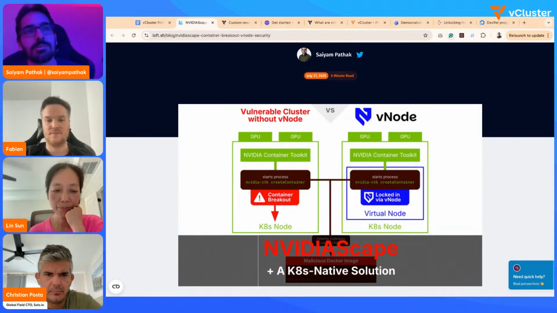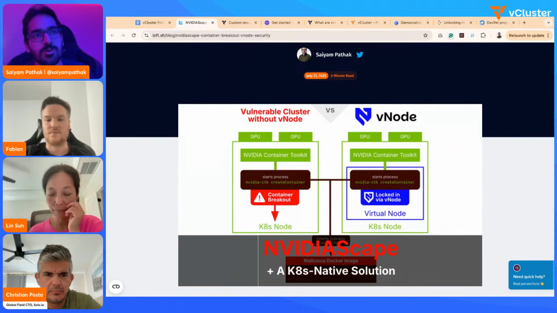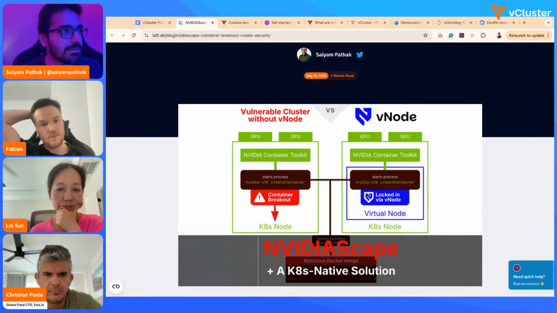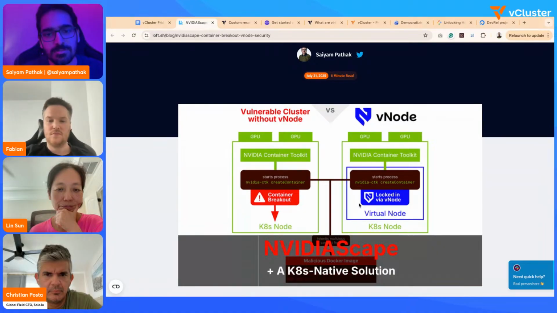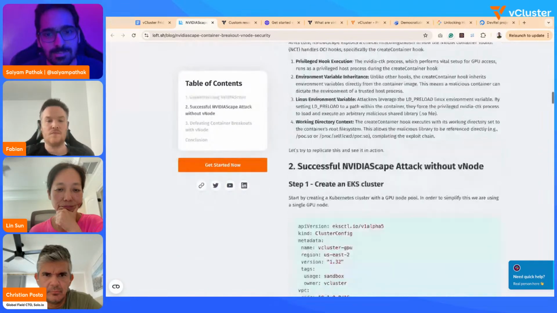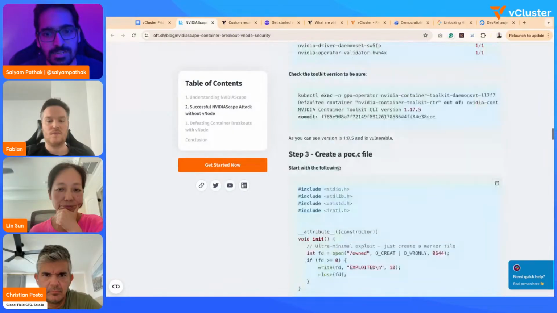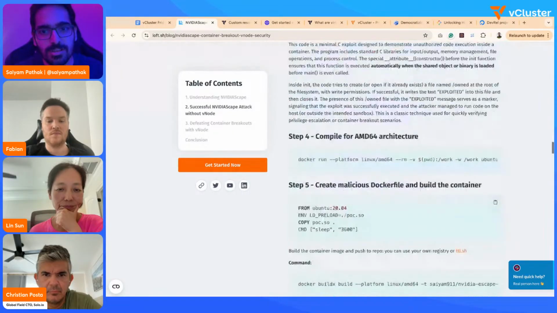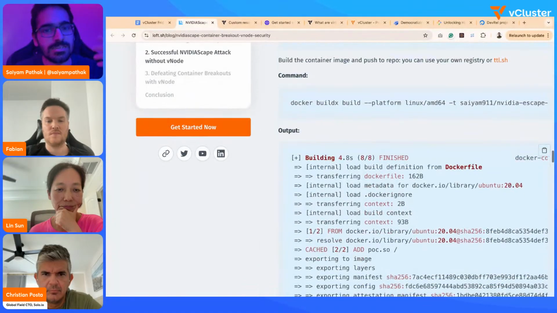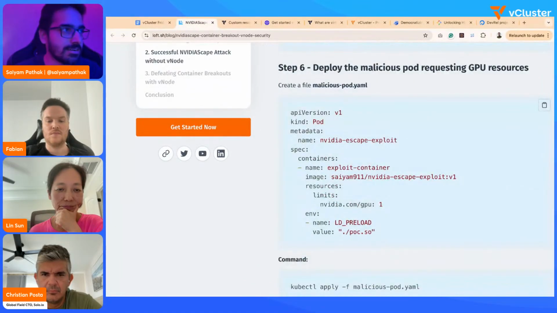If you are running AI/ML workloads and using the NVIDIA GPU operator, it has a component, NVIDIA container toolkit, and if it's less than version v17.7, then you are vulnerable to this particular attack. With just three lines of Dockerfile, it lets you run the environment variables on the host, and you can easily do the attack on the host.